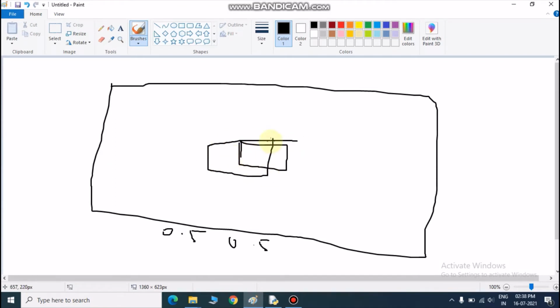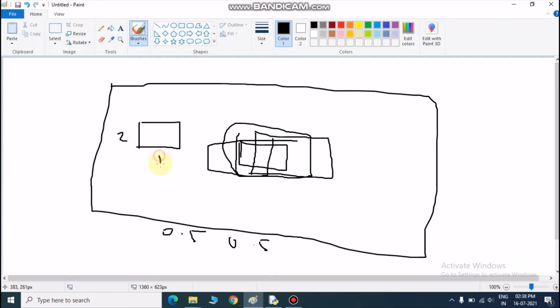And when I click on east, then it will change from here to somewhat here. And when I click on center, then it will remain in center. From center I mean, suppose the button has a dimension of length 2, and here it is 4. Then when I click on center, the center will be this, so it will divide into 2 equal halves, 2 and 2. So if I click on west, then it will be nearly 1 here and 3 here. This one is for east, and for west it will be like 1 here and 3 here.